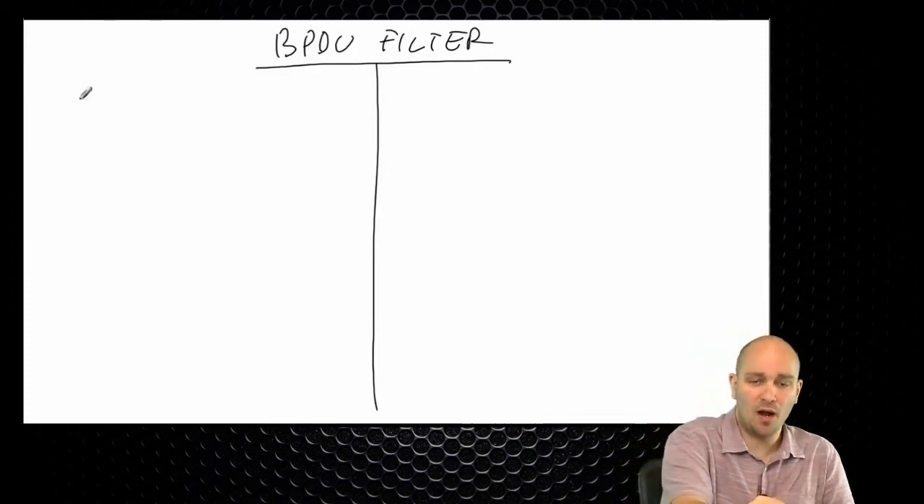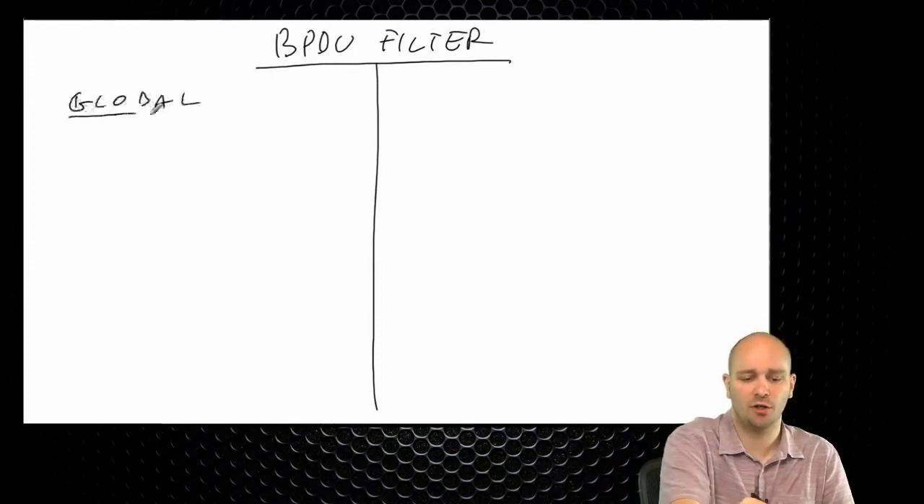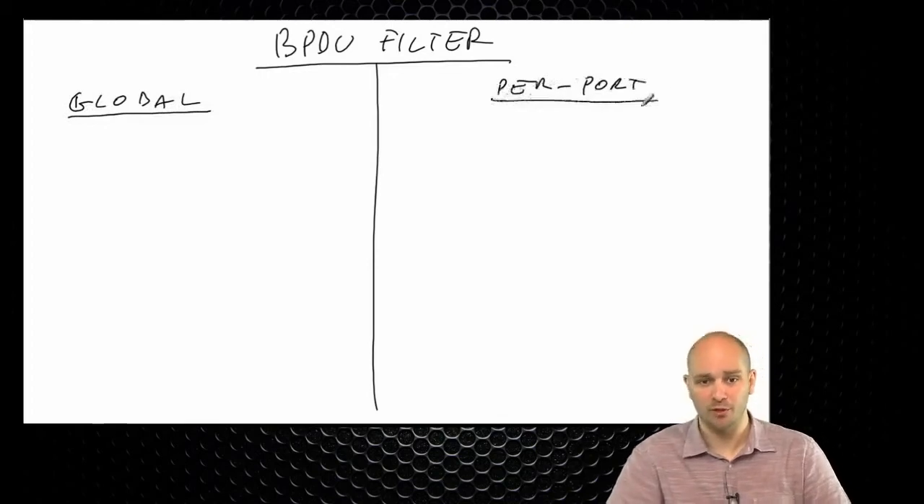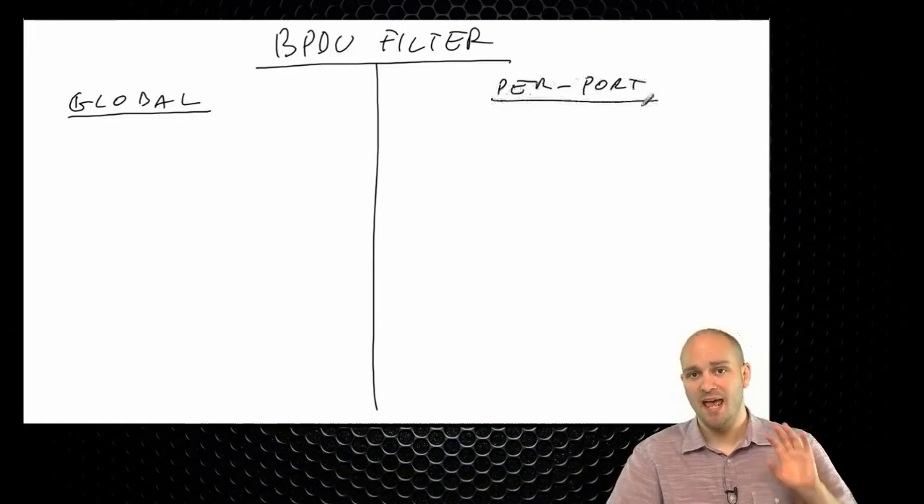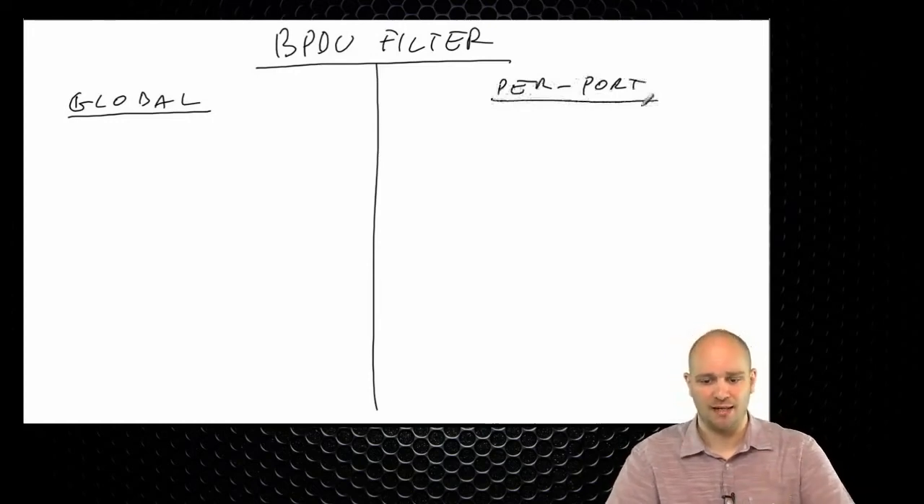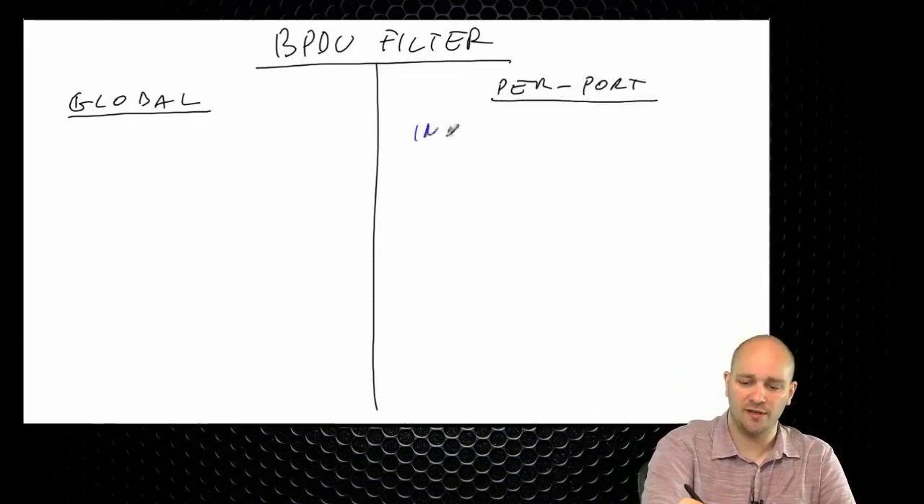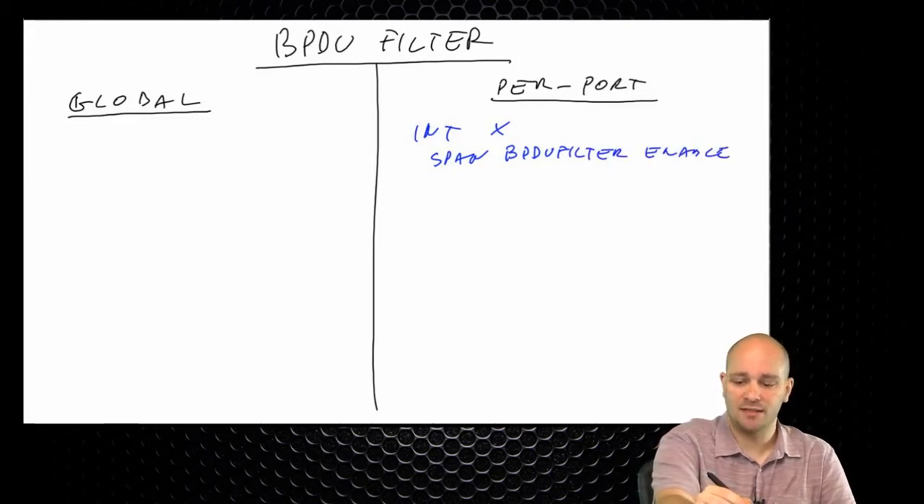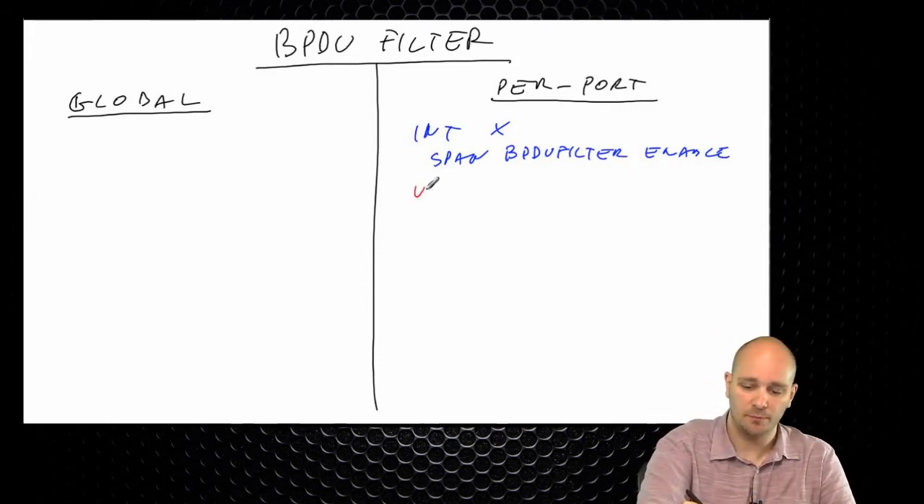Now, one feature is when you enable BPDU filter as the result of the global configuration. And the other one is when you enable it per port. Now, I'm going to talk about the per port one because that one is much, much easier to explain and much, much easier to actually understand. The configuration there is on the interface. So interface X, we're going to say spanning-tree bpdufilter enable. Now, what this command does is unconditionally